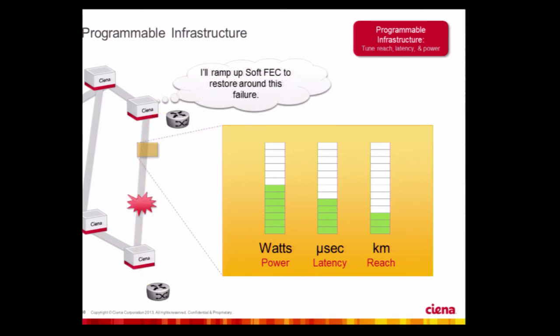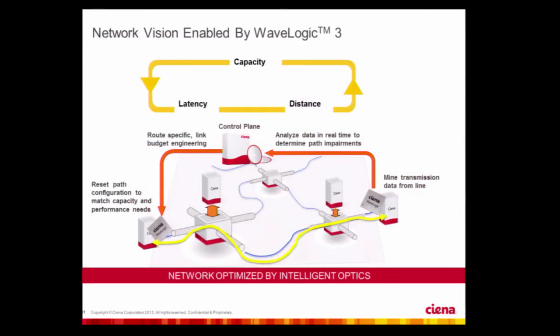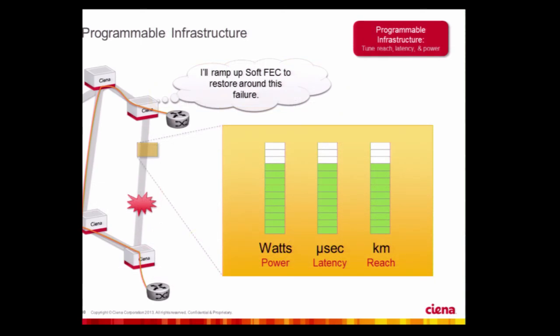Now, if this fiber breaks, you can increase the FEC, so you can do the longer distance, and although with a little bit smaller capacity, you can still connect these two sites. Do you have to do it manually or could it be done automatically? At the moment, it can be done by the management system, but not at this moment, but in a future release.